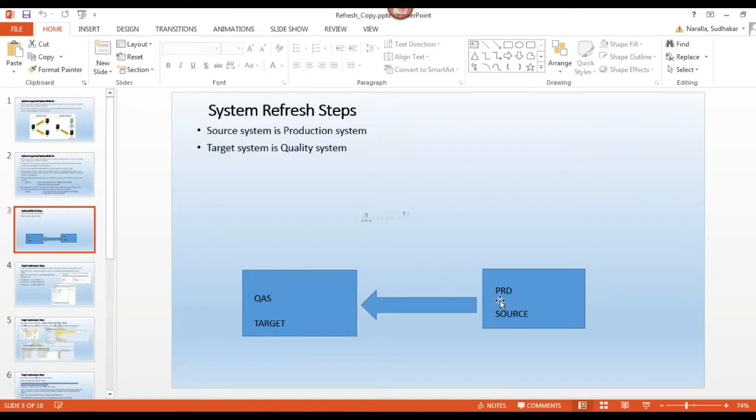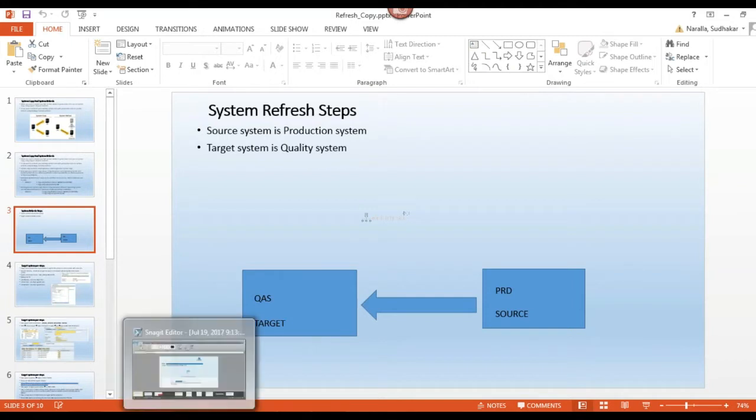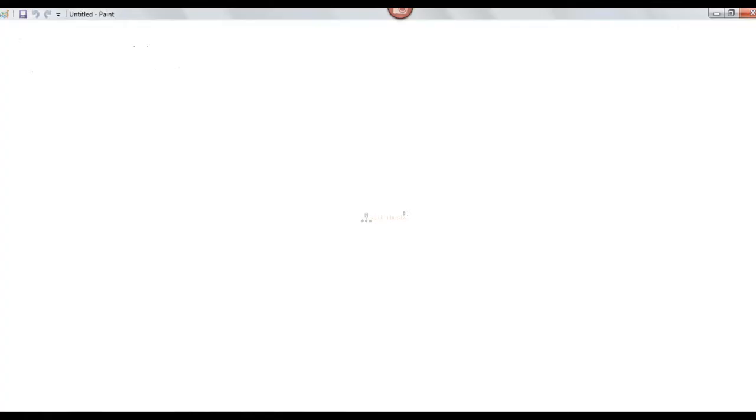Now my intention is I want to do a system refresh from production to quality. This is my source, this is my target.